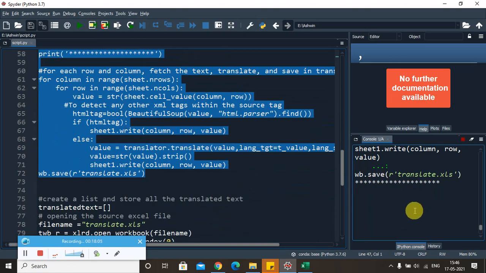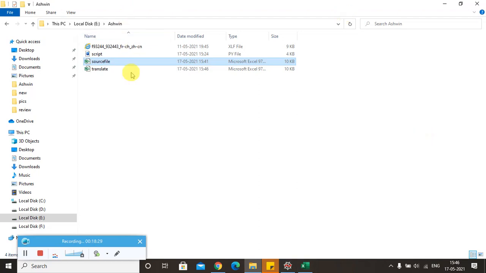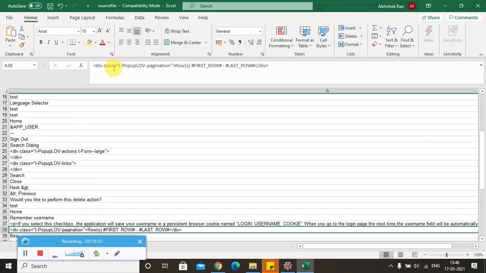After a few seconds it is going to generate a translate Excel file wherein you can see all the values which have been translated to the target language. Let us wait for a few seconds. We are now going to get a new file called translate.xls. Yes, we are ready with that, and you can see clearly that we have created a translate file. It's getting loaded.